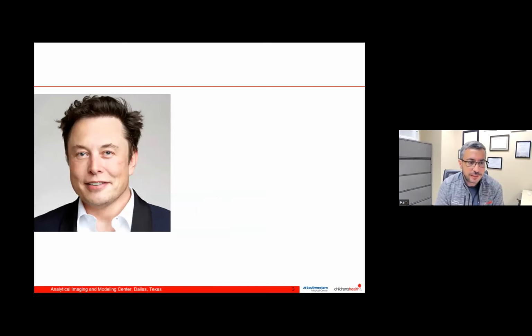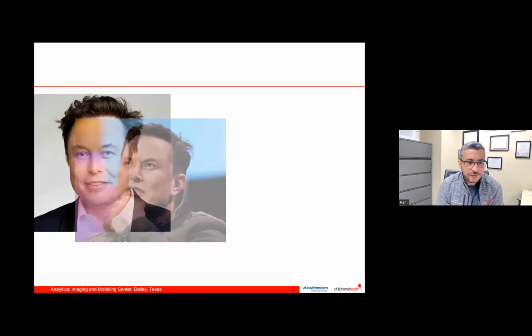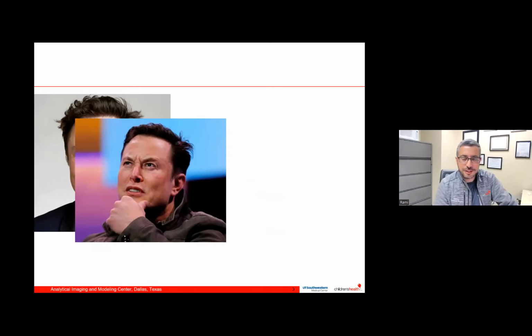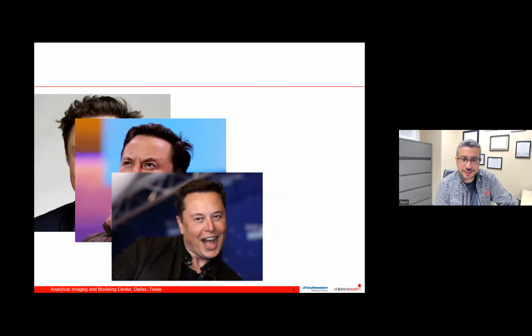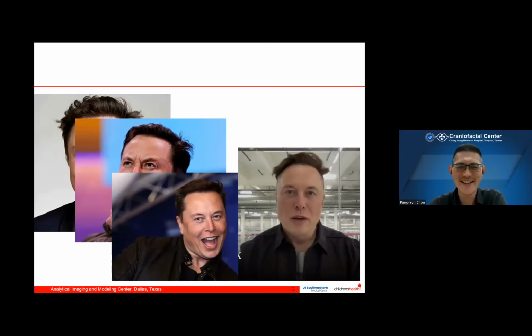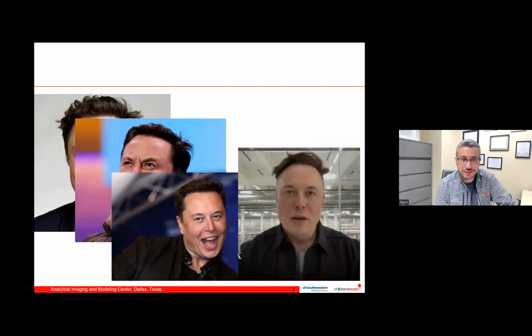If you look at Elon Musk, and many of you might know him, you can recognize features in Elon Musk, and you can recognize that's him. But if Elon Musk is thinking so hard and giving us a facial expression, you can still recognize him, even when he's giving us a goofy face, or when he's having a bad hair day. You can still recognize Elon Musk, even though he looks different in all these pictures.